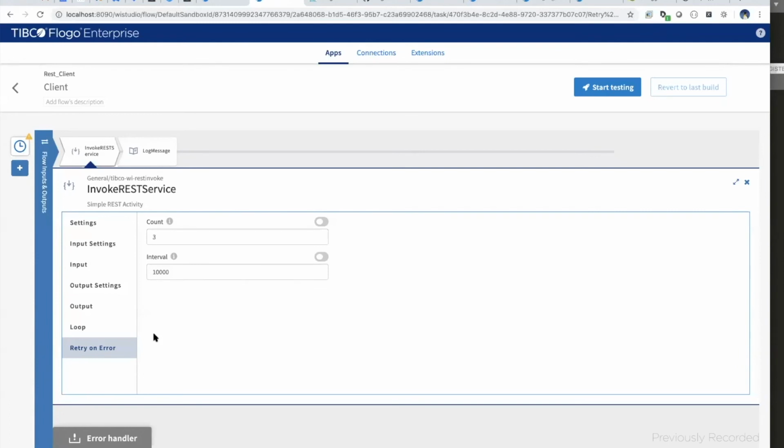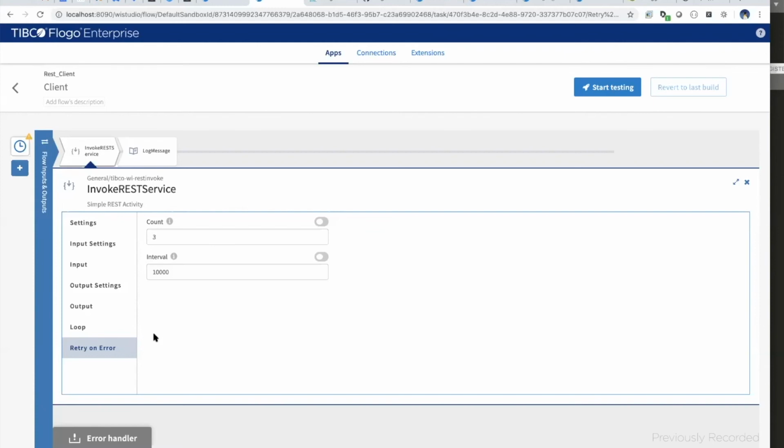Likewise, until the counts are finished. And then if it still is not able to connect to the given service before the count, it will just fail. So this is simple logic for this activity to retry on error. Now the error, as I said here, is only network error. So currently it is not driven by the user, but it is more driven by the type of error returned